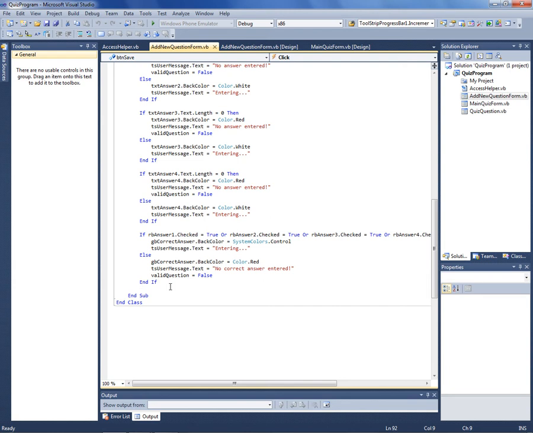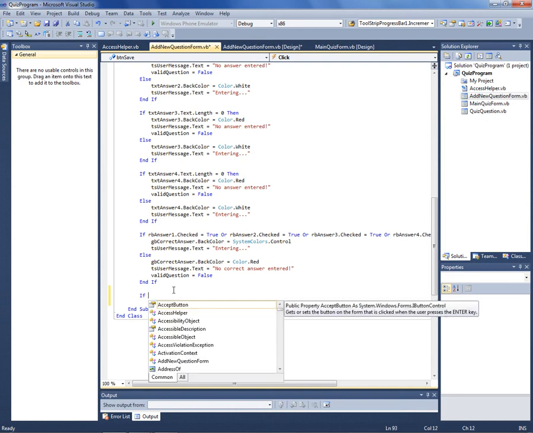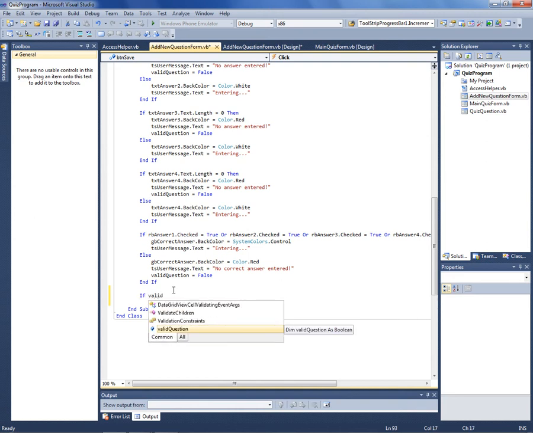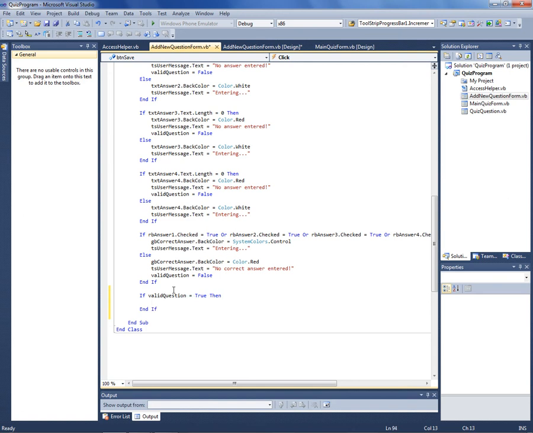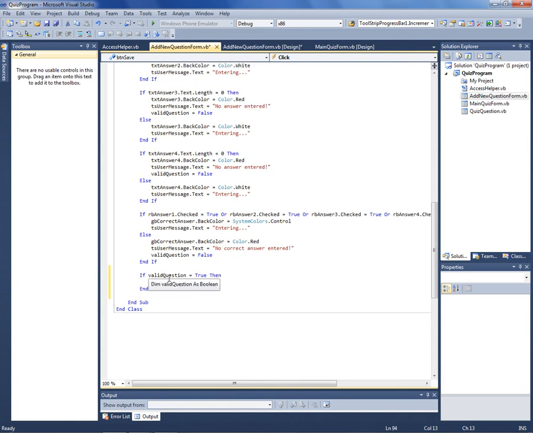So we're going to start off with, at the very bottom of this, a very simple if statement that just says if valid question equals true. So in other words, if everything's been entered without any problems, we're going to do this. Now, as I've said before, this is not the best validation ever. It has severe limitations. It's just an example. In a real project, I think you could make the validation a lot better. But we're not really too bothered about that at the moment. So if valid question. Now, a couple of things we're going to do first of all